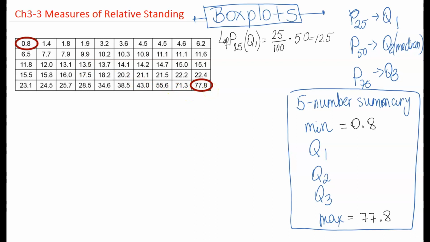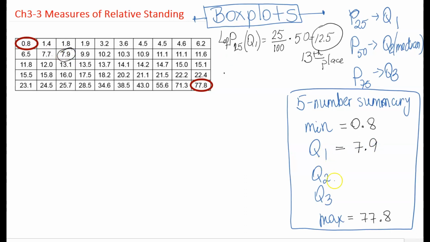Using the formula to locate the data of the 25th percentile, 25 divided by 100 times 50 equals 12.5. Remember, this is the place, this is not the data value. If the location is a decimal, we round it up to the next whole number. We're looking for the data value that is located on the 13th place. 10, 11, 12, 13, 7.9 is quarter 1.